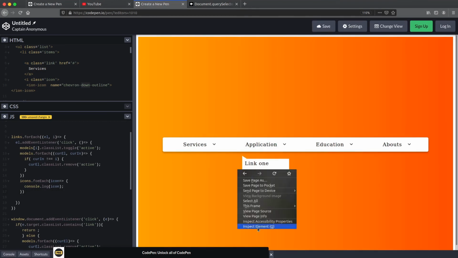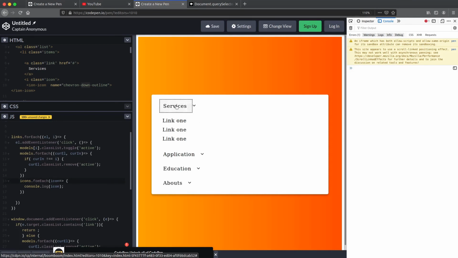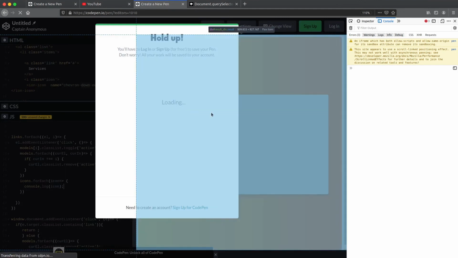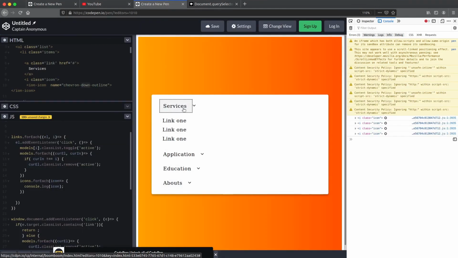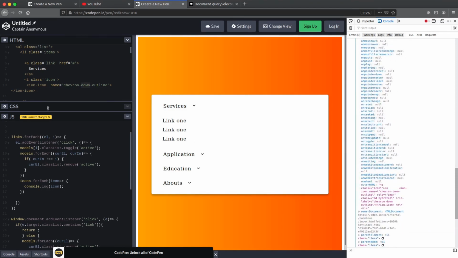Okay. When I click, it should be logging these icons in the console. I typed forEach incorrectly by accident, not a problem. Okay, once more. Now it's logging these icons, but we don't need these I tags. We need this ion-icon tag.